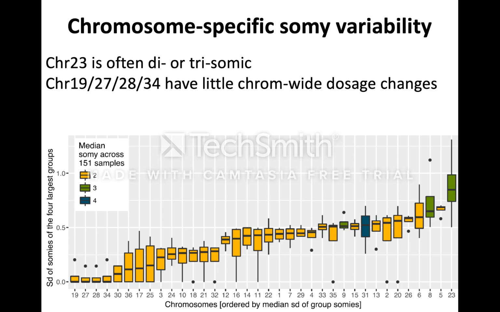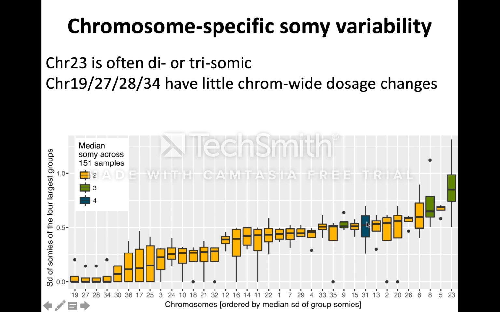In terms of the aneuploidy, you can see chromosome-specific variability. There's a lot more on this in the paper. What we see over on the right-hand side is a lot of diversity in chromosome 23, where the standard deviation of the somies of the 4 largest genetic groups was very high. So this is a high standard deviation in terms of its chromosome copy number. It is a very variable chromosome copy number. It's typically 3, but sometimes is 2 or higher. So that's chromosome 23. Chromosome 31 here is typically tetrasomic and has a moderate level of variation from that to